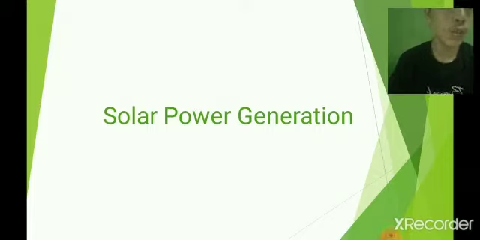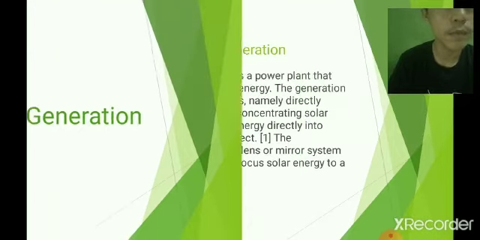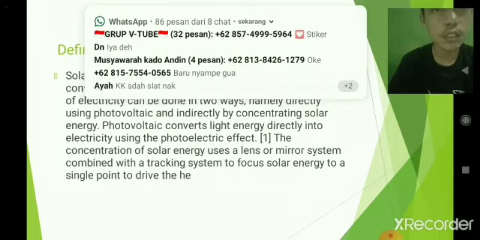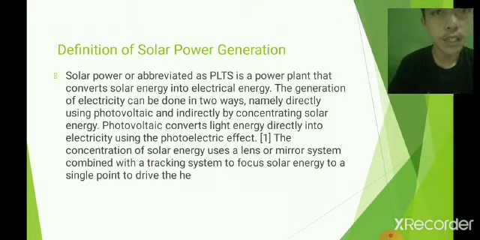Here I will explain about solar power generation. Definition of solar power generation. Solar power plant, or PLTS, is a power plant that converts solar energy into electrical energy. The generation of electricity can be done in these ways, namely directly using photovoltaics and